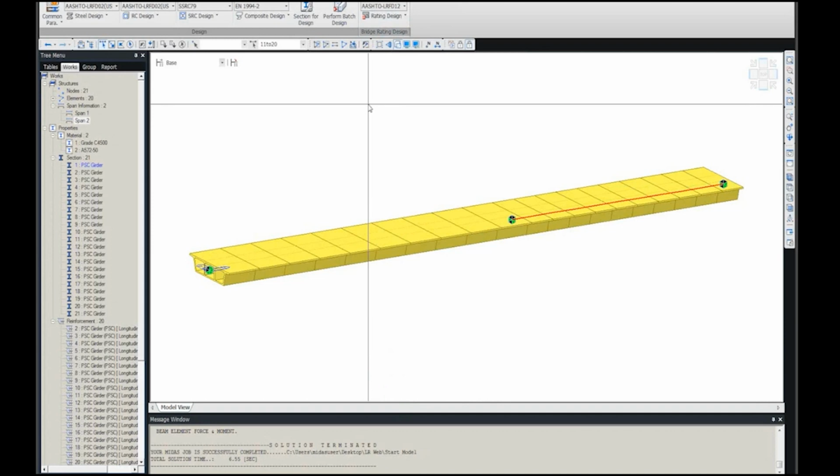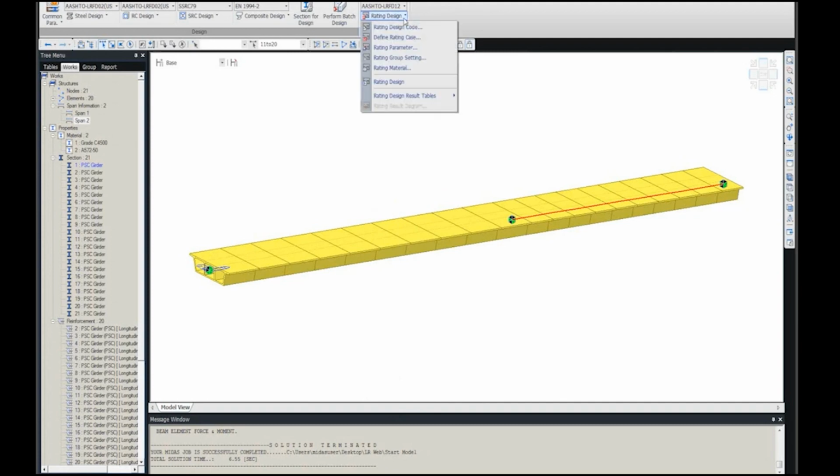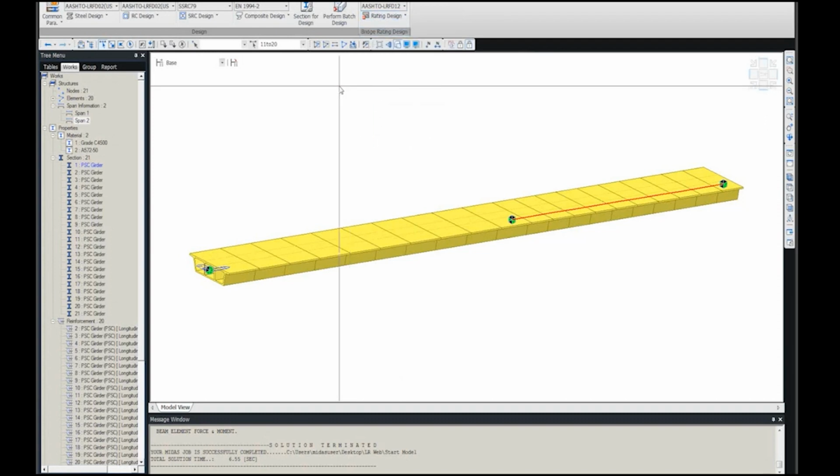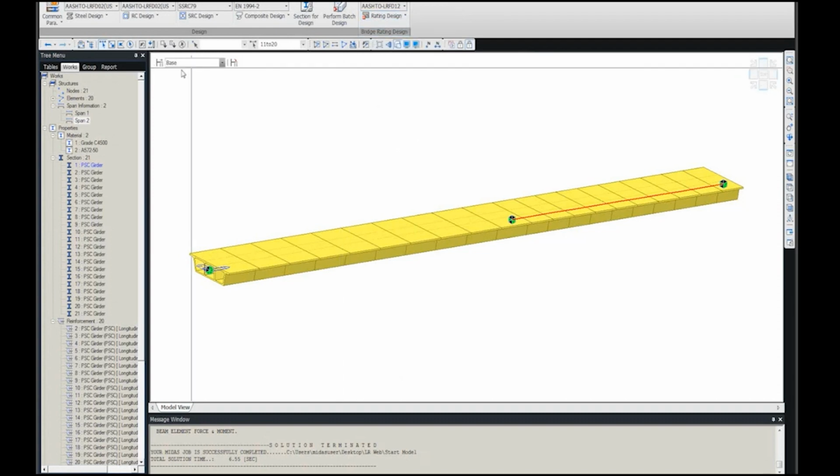So now, based on this selection, it runs the load rating on all these elements that we have here. Okay, so now we are ready to perform the load rating. You see how easy it was to set it up. Before I perform the load rating, let me just quickly do one more thing. Let's say you want to check the